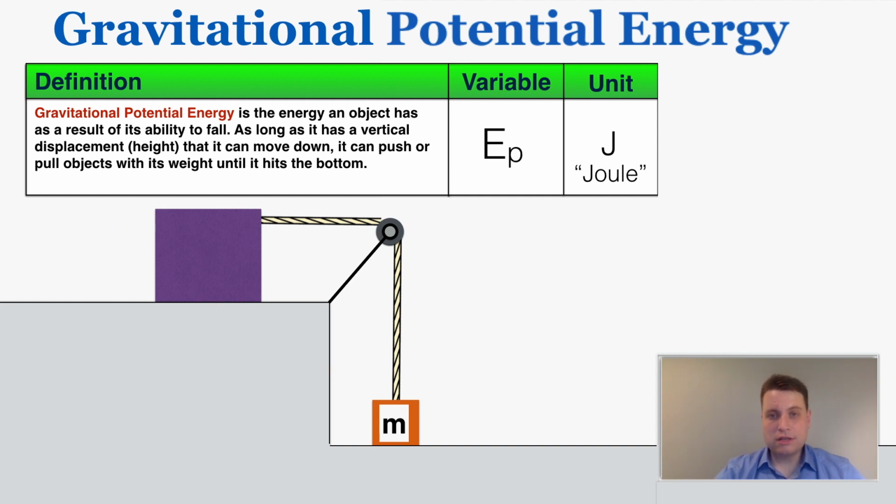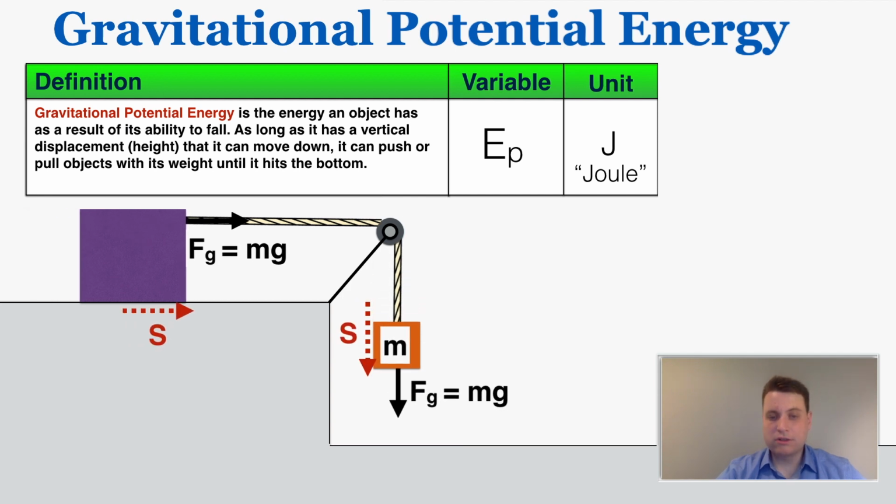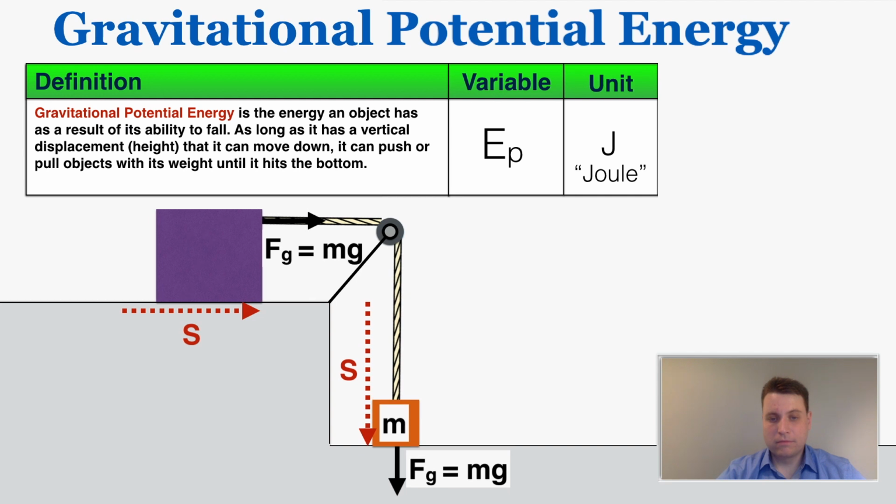Gravitational potential energy is the easiest type of energy to figure out the equation for. Because if this orange box is pulling down with a force equal to its mass times gravity, because that's the gravitational force on it, we can assume that the purple box is experiencing that same amount of force from the small box, just m times g, and the displacement that the purple box is moved over is exactly equal to the height that the orange box falls down. So if this orange box has a certain height that it can fall from, that means that it can displace another object by that exact amount of height,